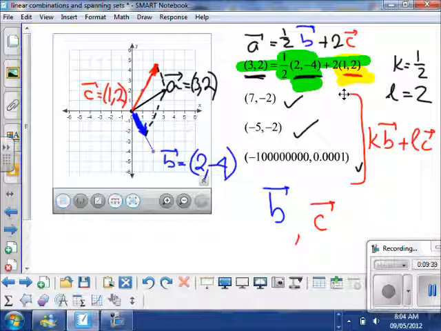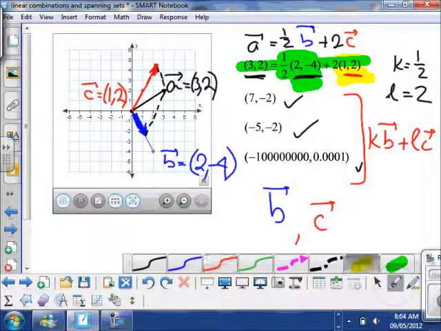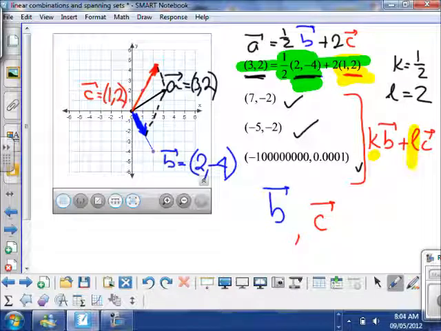Figure out your scalars, K and L, so that each of these 3 vectors can be written as a linear combination. Can you think of any vector? Can you think of a vector that cannot be written in terms